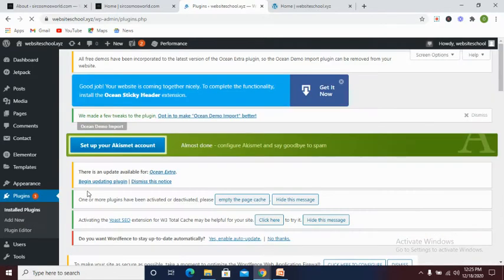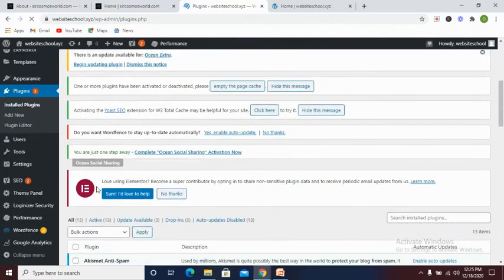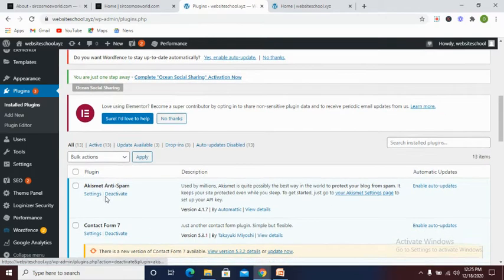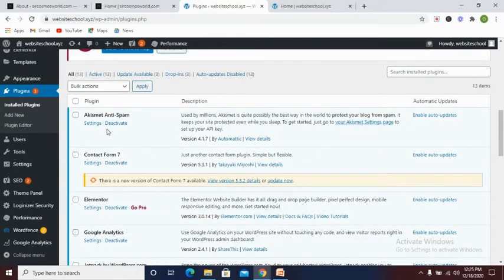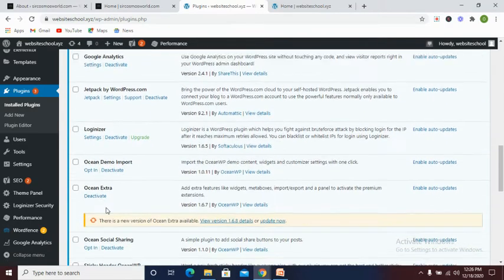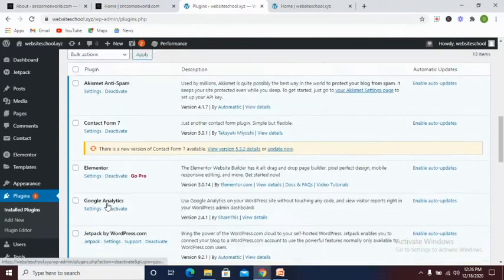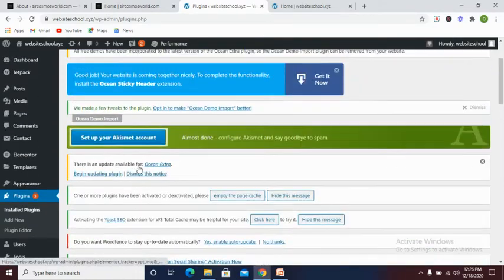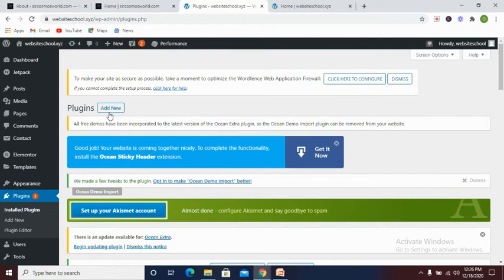Now here you can see the plugins we've already installed on this website. We have Contact Form 7, we have Elementor, Google Analytics, and so on and so forth. To be able to add a new plugin, all you need to do is to click add new, and then